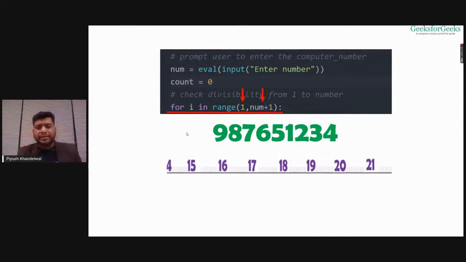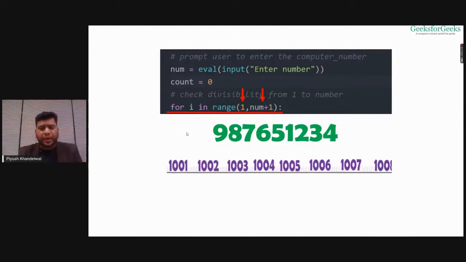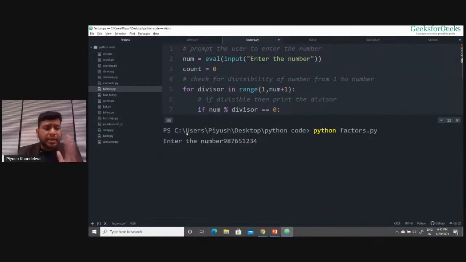That's why you are seeing that the cursor is still blinking and has not given an answer yet, because it will take 10 to the power 9 comparisons, right? It will divide by all the numbers from 1 up to the number, and then count the factors, and after that it is going to give me results. So this program has just hanged.